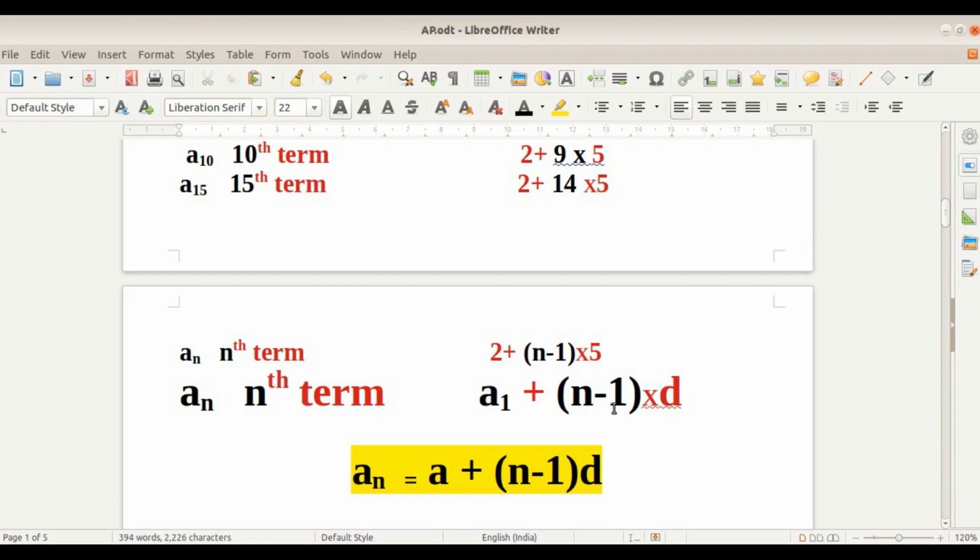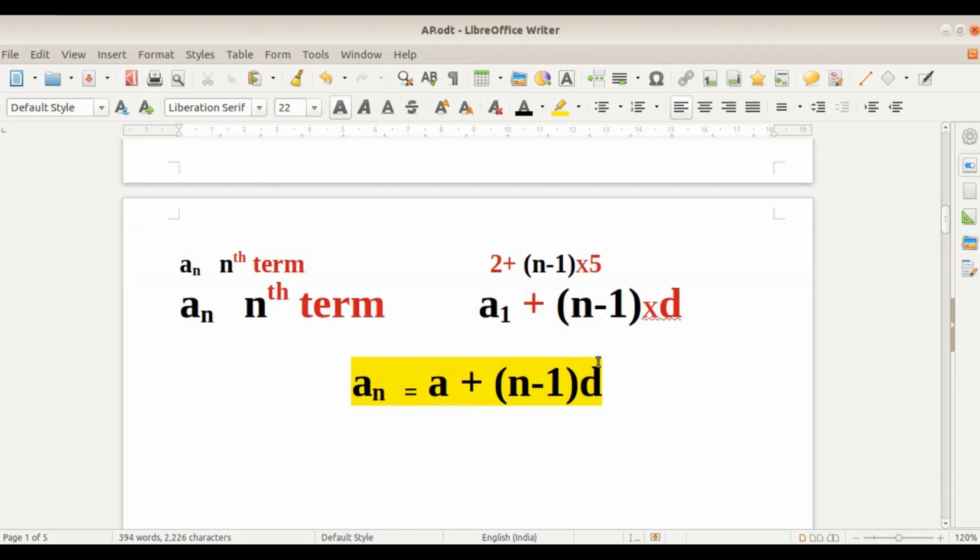In the formula we are not going to write a1. This a1 we simply write as a. So the nth term of an AP is an equals a plus n minus 1 into d. This is the first formula we are supposed to learn from this chapter, and this formula is very, very important. Using this formula we can find the nth term or the position of a term given in the AP, and so on.